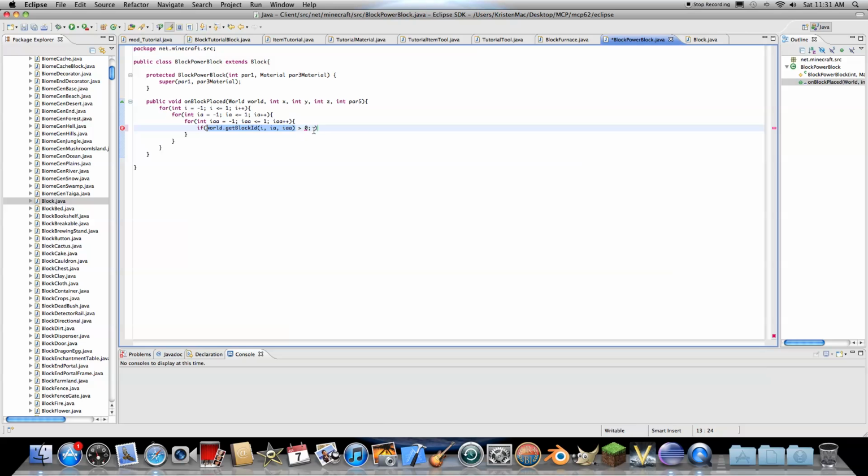We'll copy that. World dot get block ID dot. Oops, no, we don't want that. And so 2 ands equals and. 1 and is a bitwise operation, which is complicated Java stuff, which I'm not going to explain because I don't even understand it. So, and then we want to have and block dot